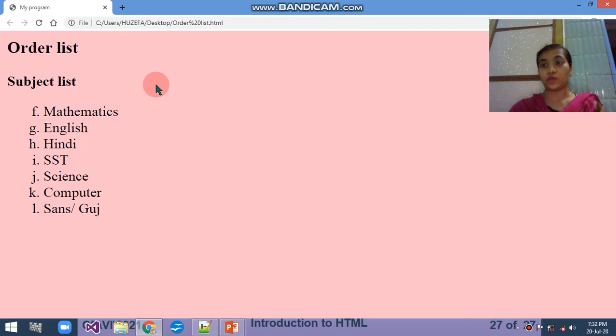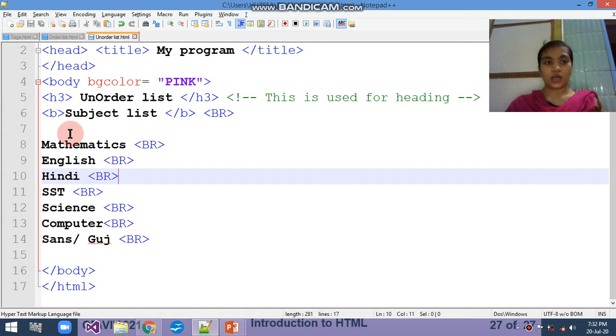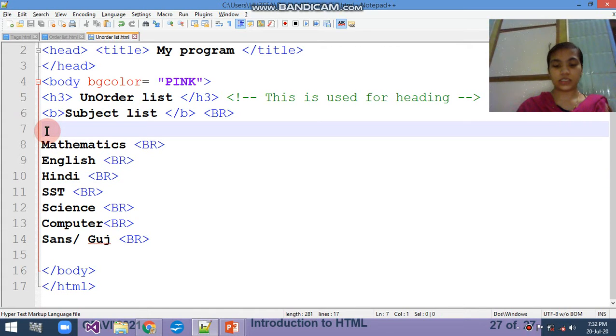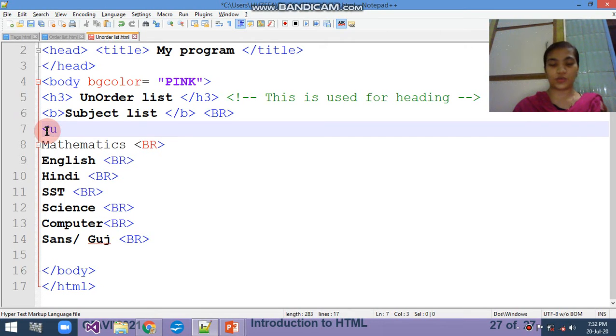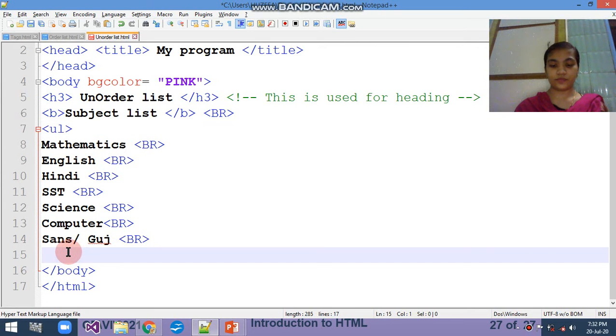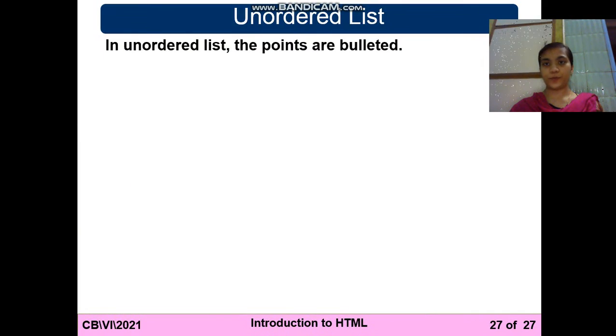Now I am going to show you the unordered output, that is UL. You have to write UL here in place of OL, and here saved it, and I will show you that.